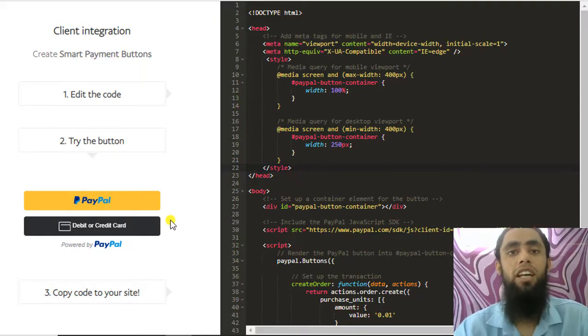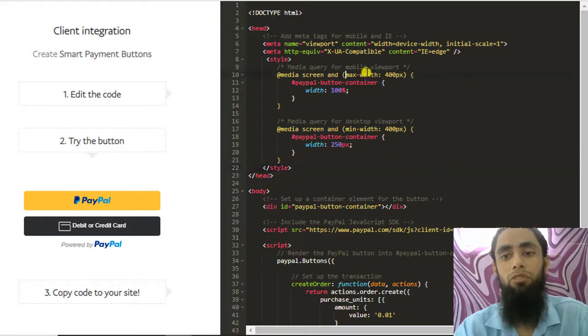So this would be adjusted according to the screen of the specific device. For example, you are using a desktop, then it would be a little bigger, and if you are using a tablet, then it would be smaller. And of course in the mobile it would be more responsive, I mean will be looking good. So that we have actually required. And if you are using a laptop, then of course that would be adjusted accordingly. So this responsive CSS is just helping us to decide on which specific device these buttons would be shown in a specific way. So of course I have written this CSS according to the screen size.